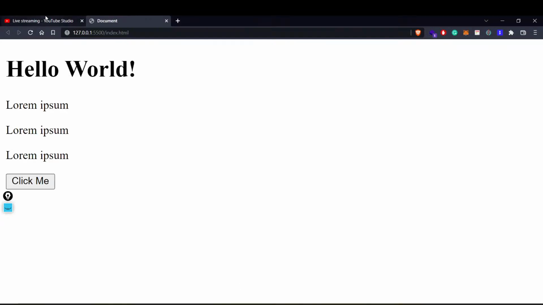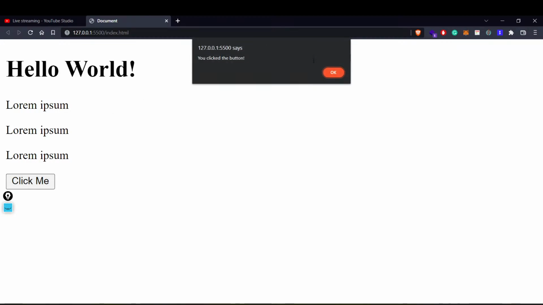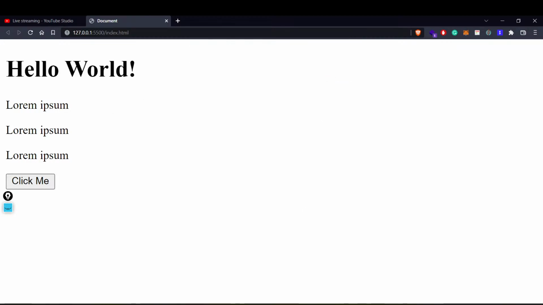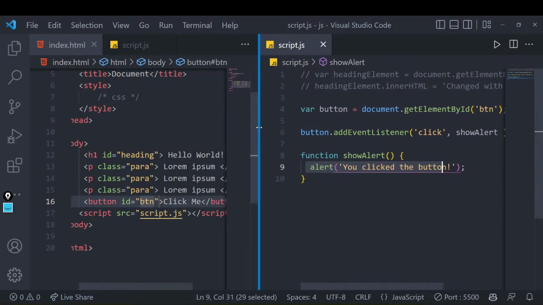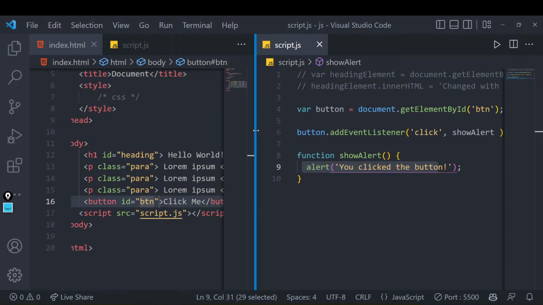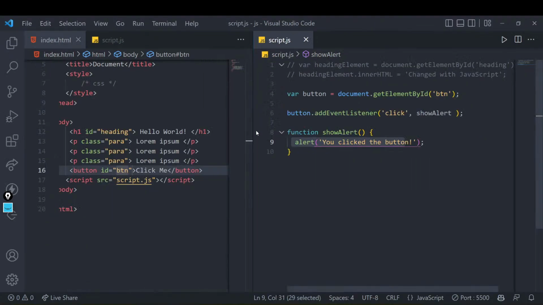Now let's go to our page and refresh this first of all and see. I'll click on this, and the same thing is happening over here as well. The click event is getting triggered. So this is about events. There are multiple types of events that you can trigger, but this is the simplest one, and it is very simple for us to learn. Now if we know this, we are good to go. If you know the basics of HTML and CSS, and also the basics of JavaScript, you are very good to go to make your first fully functional JavaScript calculator.